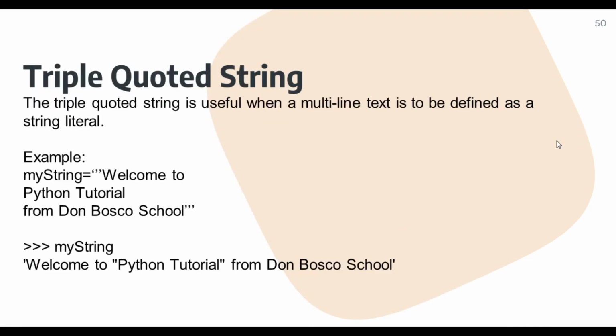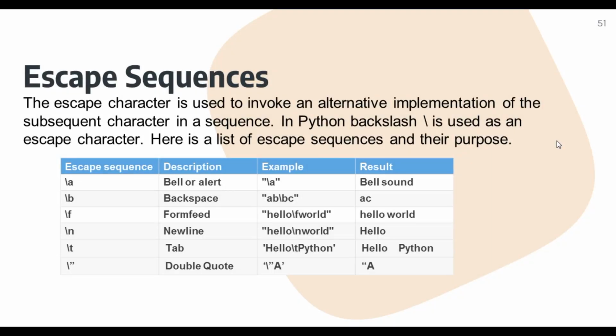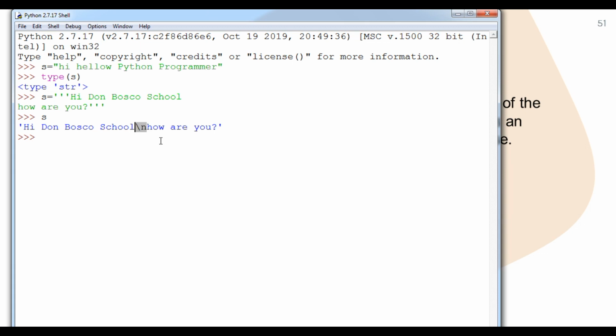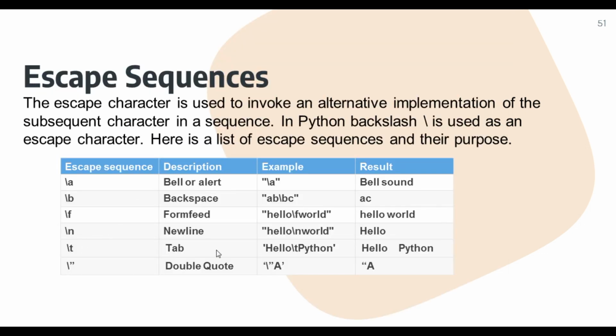Now I'm going to show you escape sequences, what I am talking about with the slash. An escape sequence, also known as an escape character, starts with a backslash. It lets me print those non-printable characters which have a special effect. Here, for example, slash n means new line. Slash t means horizontal tab. You can see the output here also.